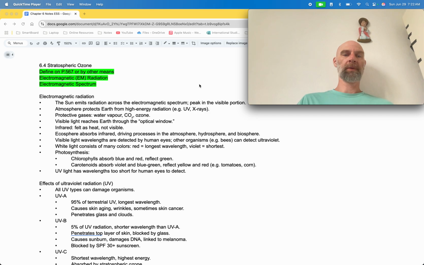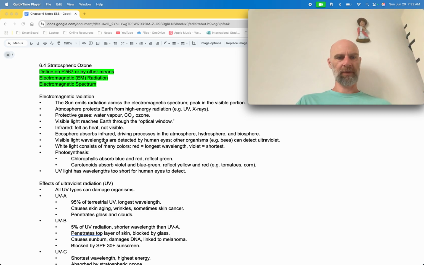So visible light wavelengths are detected by human eyes. Other organisms, bees, can detect ultraviolet. Humans cannot. So white light consists of many colors. Red is the longest wavelength, and violet is the shortest. You will see this with,